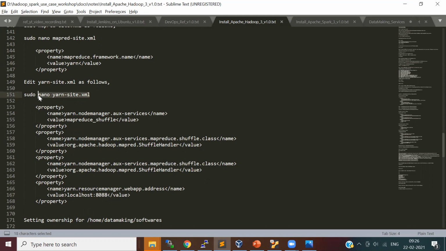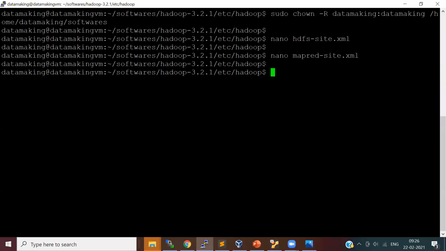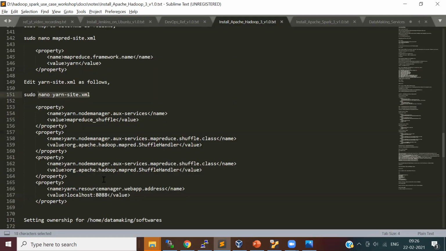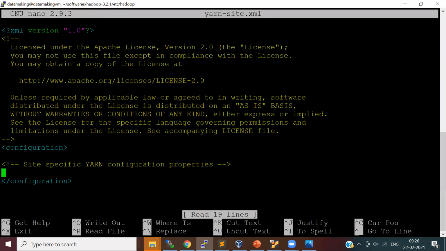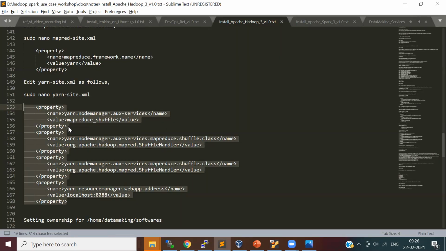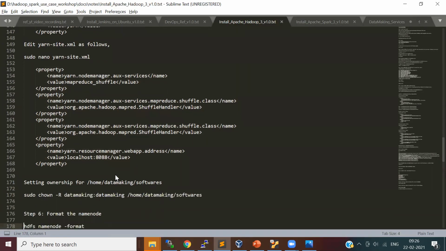And I'll just come to this file, put this entry, and save this. We are almost coming to the close of completing this installation.